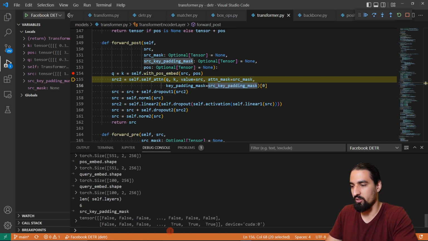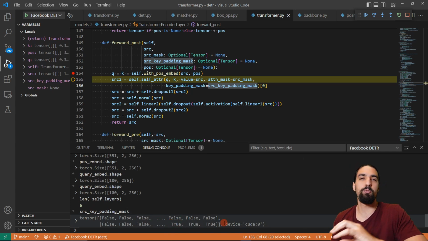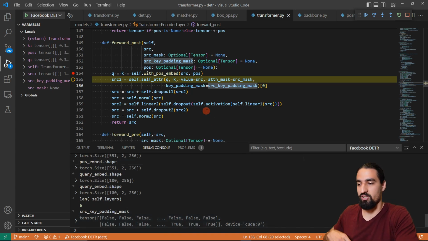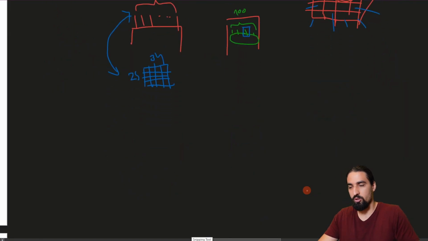And then we have the part where we mask out some parts. Let me show you how this looks. It's mostly false, but there are some parts that are true, which means we're going to ignore those tokens, because if you recall, that part of the image is non-existent. Let me quickly explain what I mean by that exactly. Remember that we passed 2 images into our